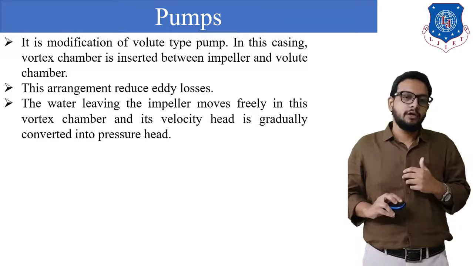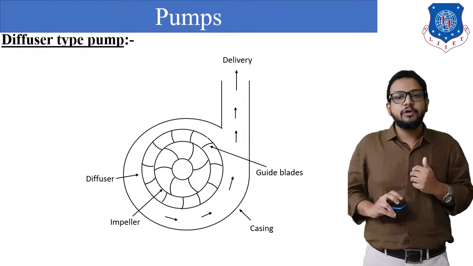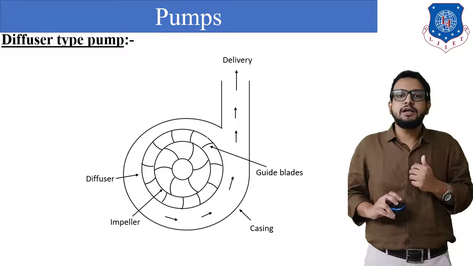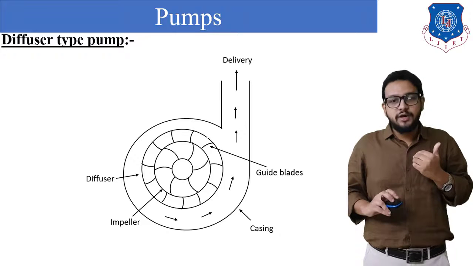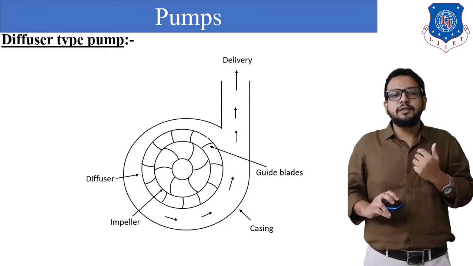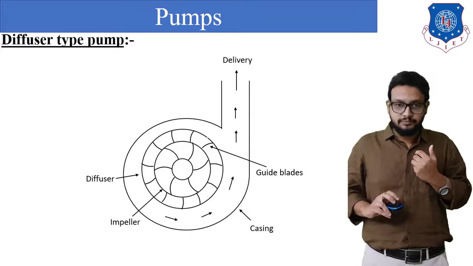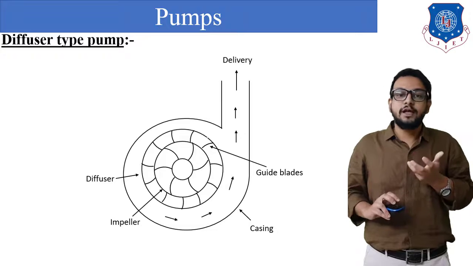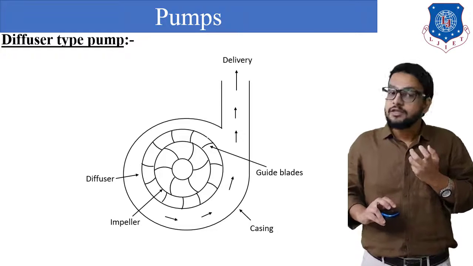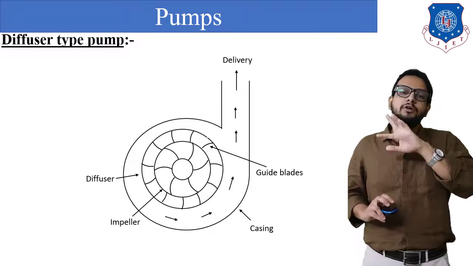Now the last type, that is the diffuser type casing. In this casing, what is the arrangement? An additional diffuser ring is placed after the impeller blades. As you can see, the impeller is already provided, but there is an outer portion which is written as diffuser, and there are blades which are called diffuser blades, also written as guide blades. The diffuser is going to further increase the pressure energy. Why? Because the blades of the diffuser remain stationary and are arranged in such a way that the area is increasing gradually away from the center.